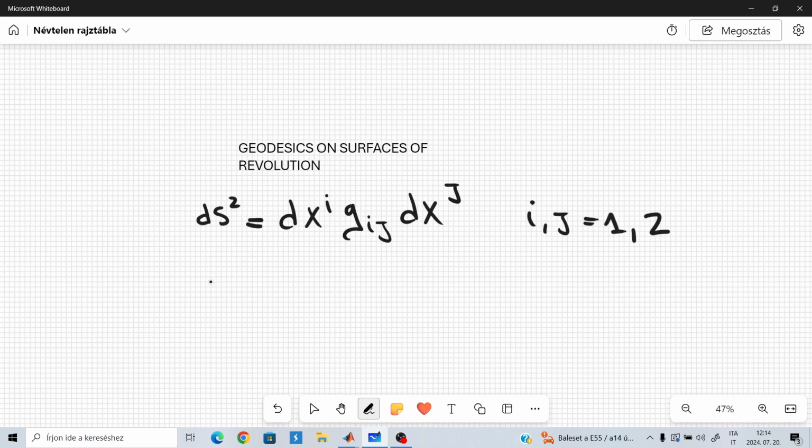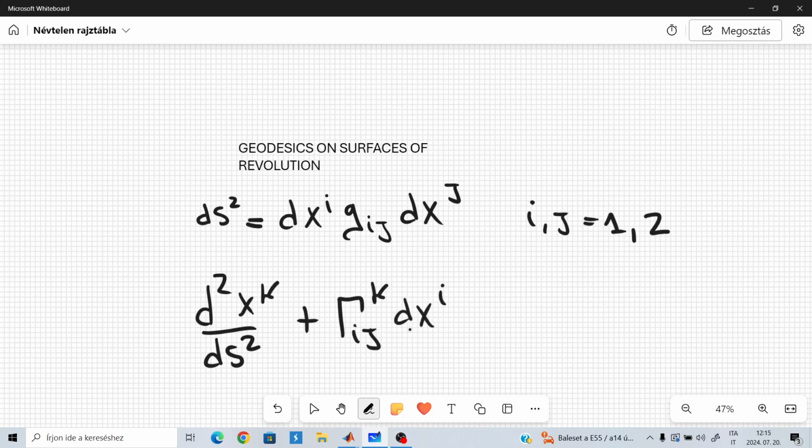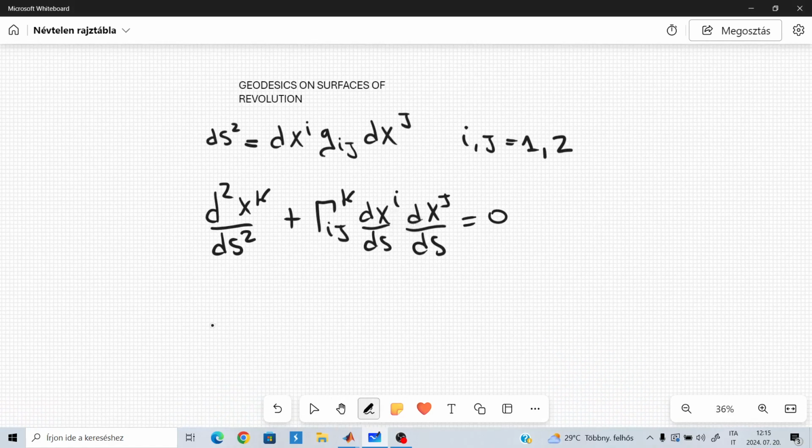So the geodesic equation can be written in the following form. We have the second derivative of x^k with respect to the parameter s, so s is the parameter along the geodesic, plus gamma^k_ij, which is the Christoffel symbol, dx^i/ds dx^j/ds equal to 0. And the Christoffel symbols can be written in the following fashion: gamma^k_ij equal to 1/2